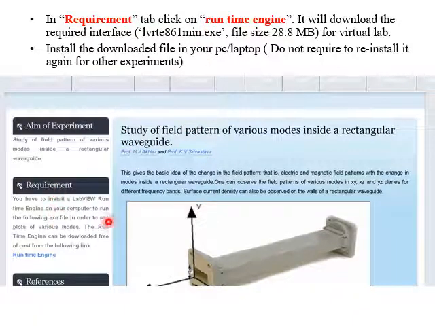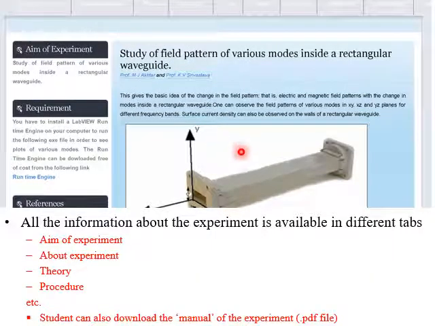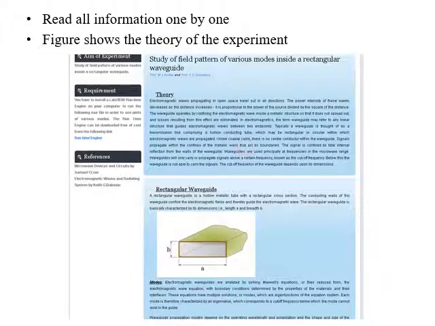Now once you install this, all these informations are available here. Aim of experiment, about experiment, all those things are there. You can read all those things first. Also, if you want, you can download the manual from here, the PDF file, and it will contain all the informations.